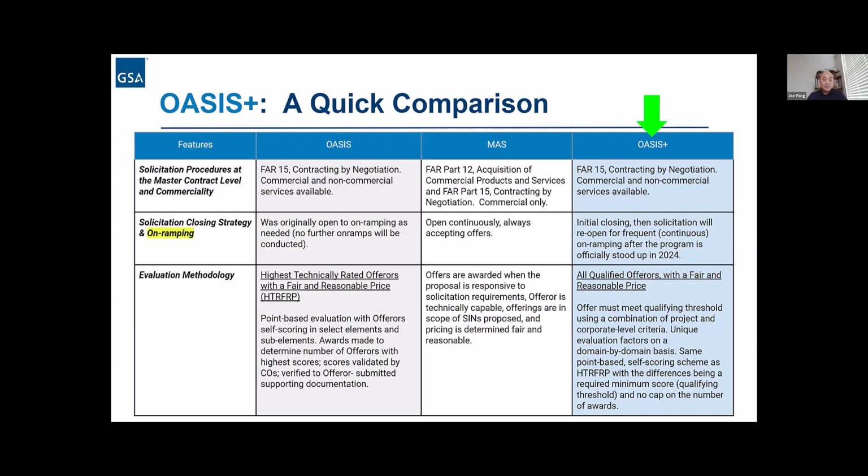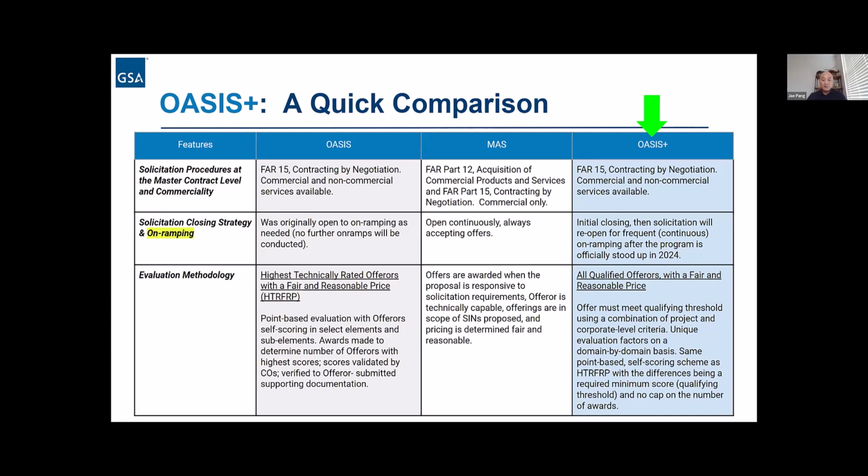As far as the evaluation methodology goes, with OASIS, we use the highest technically rated offers with fair and reasonable price, meaning we set a target number of spots on the OASIS contract vehicle by pool. So for example, when we ramped up the OASIS Small Business Pool 1, we set a limit of 200 contractors. And through a self-scoring system, the highest scoring 200 contractors were given spots on the OASIS Small Business Pool 1 contracts. With MAS,